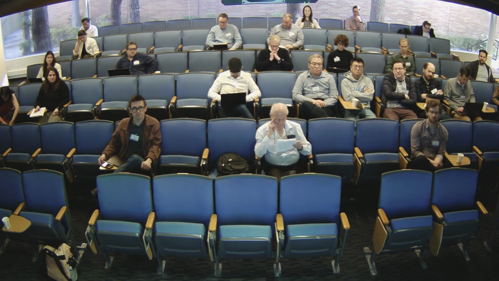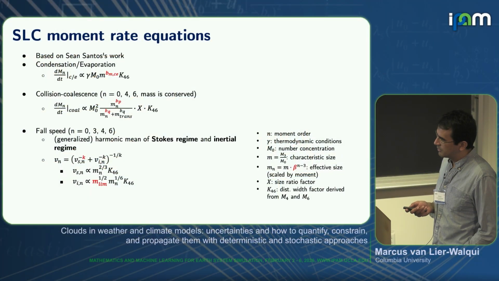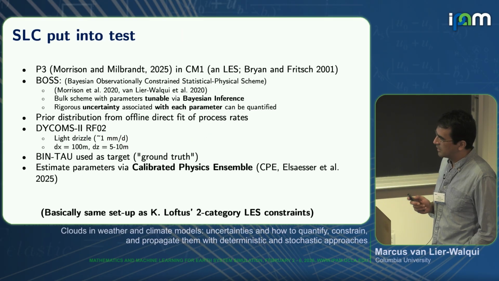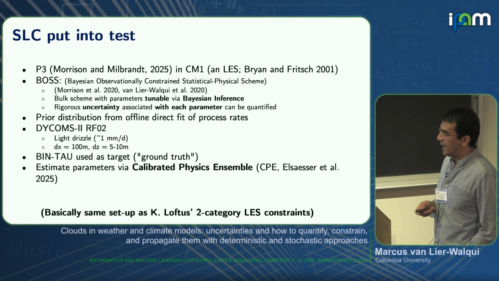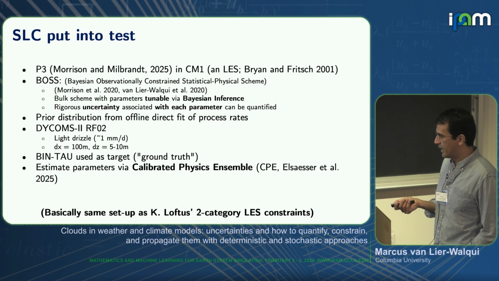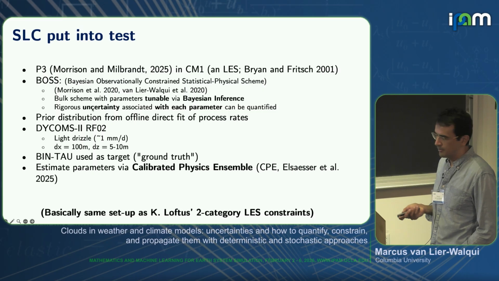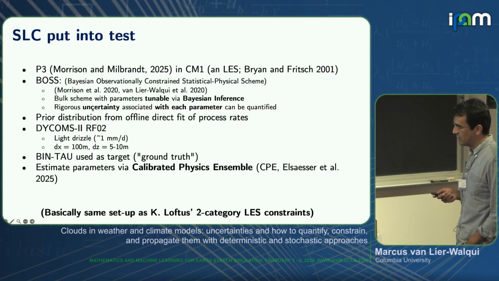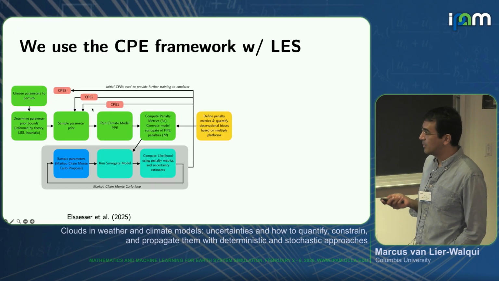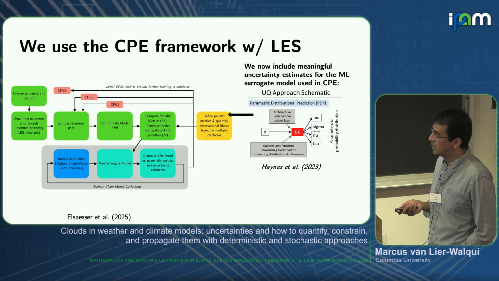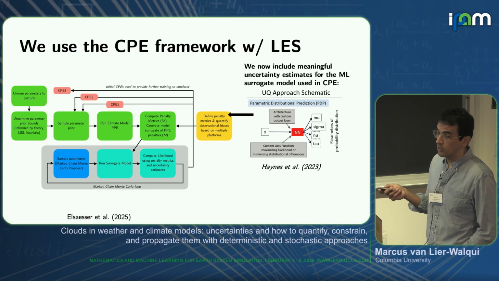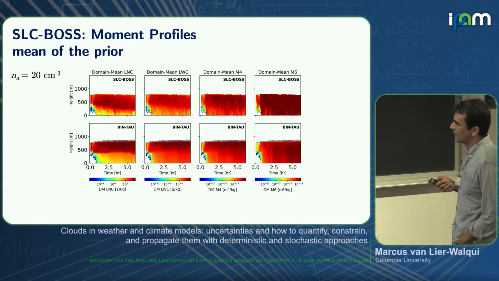Okay, again, skipping past the equations. They're not pure power laws anymore. They're a little bit different. Skipping the math. And the constraint format, the bottom line, basically you just need to read the bottom line. It's basically the same setup as Kate's large eddy simulation constraints. And again, we use this CPE methodology where we estimate the annular uncertainty and we do multiple rounds. So the multiple rounds are interesting, I think, here.